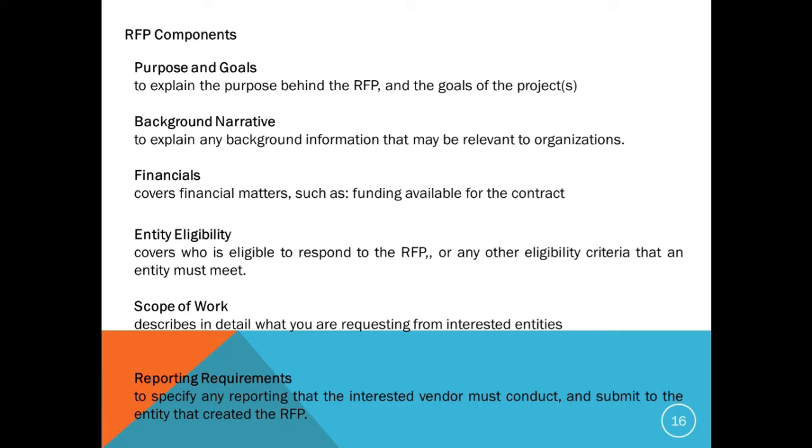The very first thing is purpose and goal. This section is used to explain the purpose behind the RFP, and it also covers the goals of the project associated with the RFP. Then the second component is the background narrative. This section is used to explain any background information that may be relevant to the organization responding to the